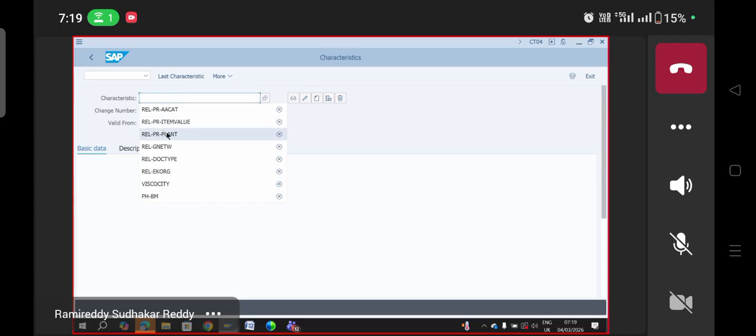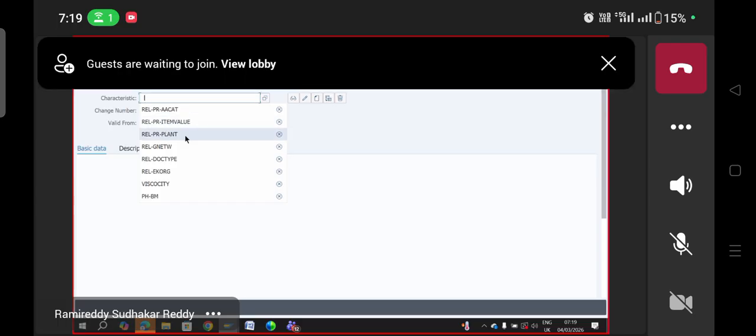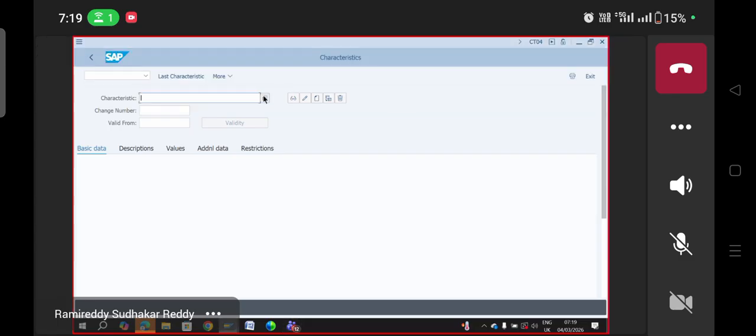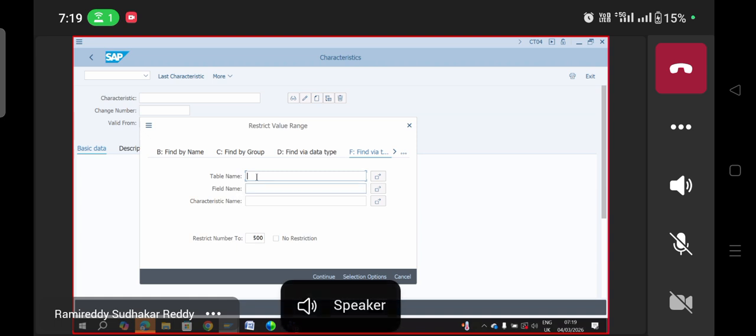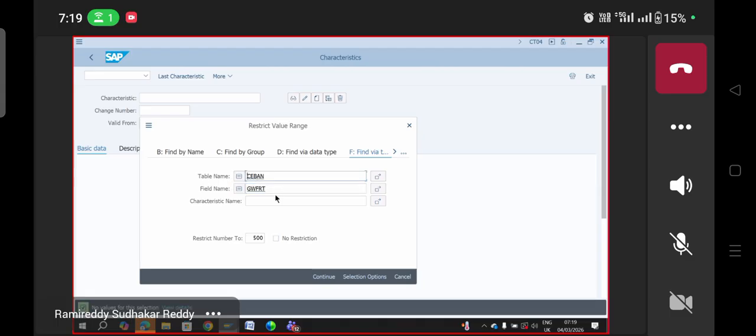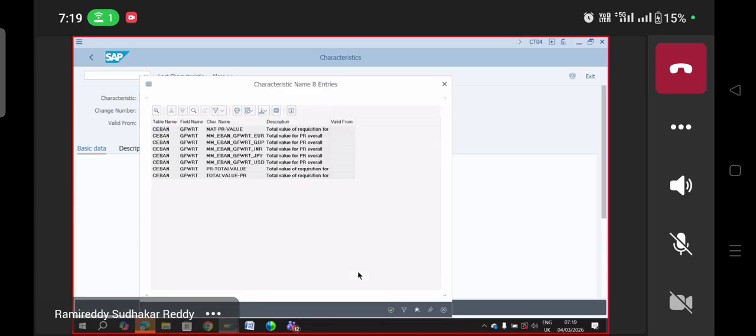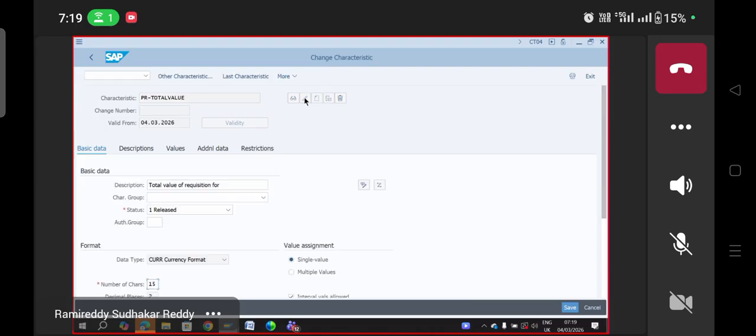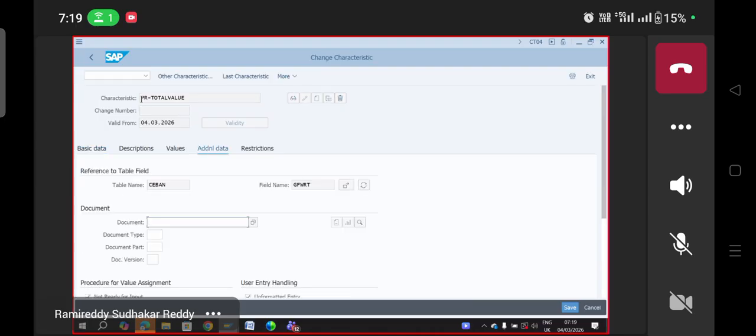So yesterday we created it for the field GFWRT, E1, PR total value, in change mode. I'm showing it once again. So in this characteristic